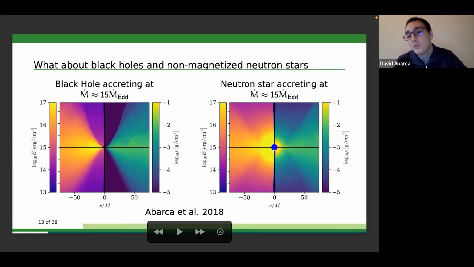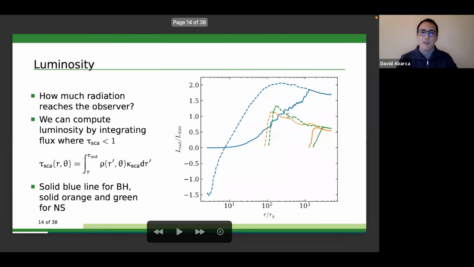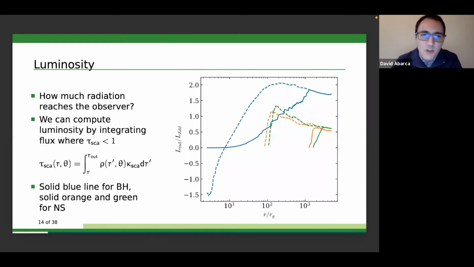If you put a reflective boundary, all of a sudden gas starts accumulating at the inner edge. And this gas traps radiation. That's why we have this big, thick sphere of radiation. And the radiation may look like there's a lot of it, okay, but that's because it's all trapped behind this outflow. And we can actually measure the luminosity as a function of radius,